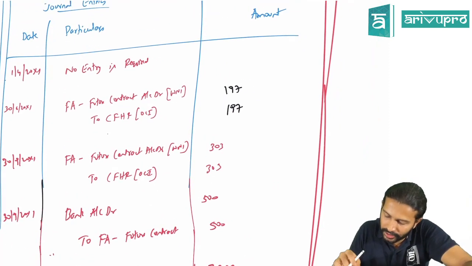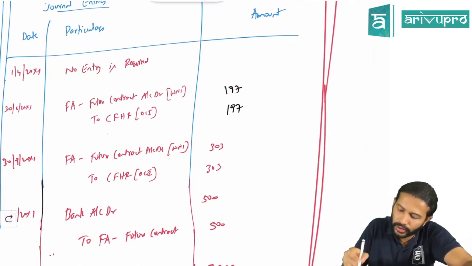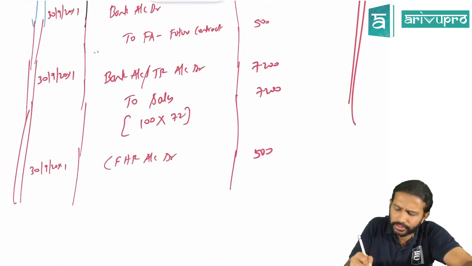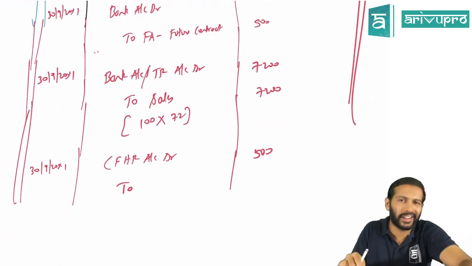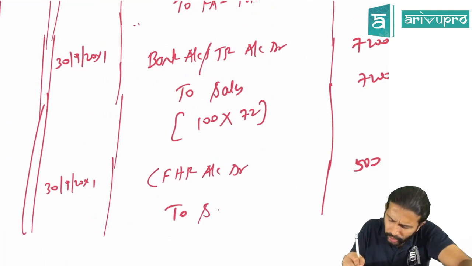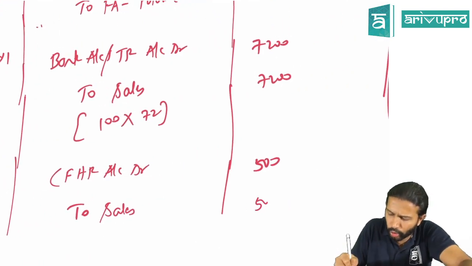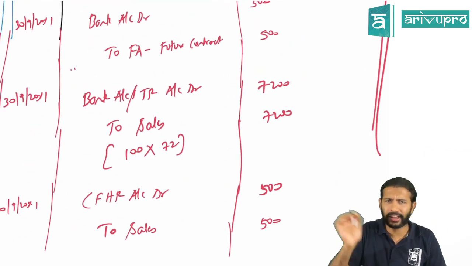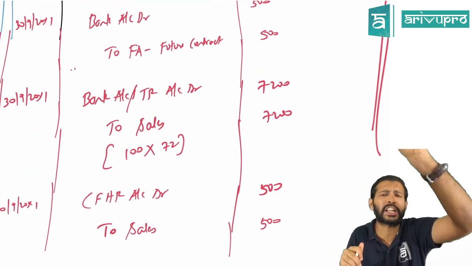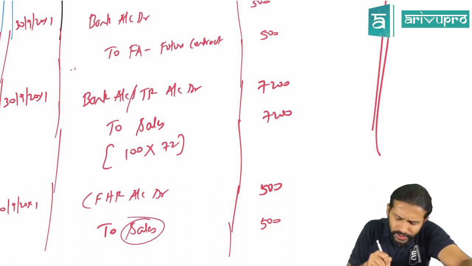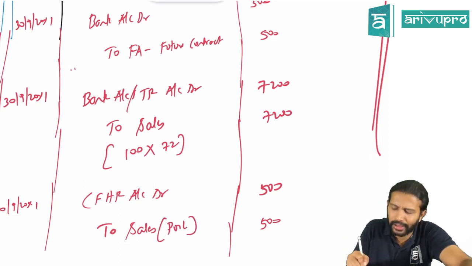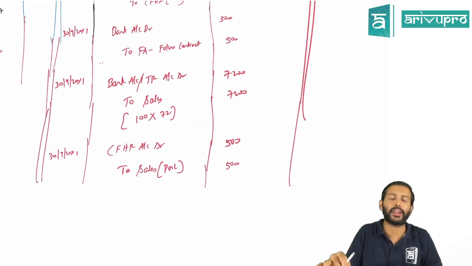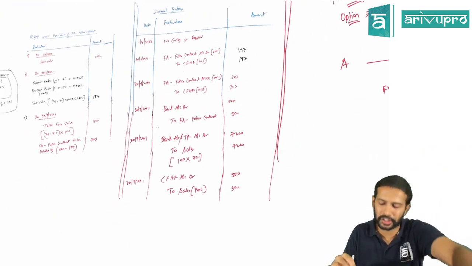So how much balance is there in cash flow hedge reserve? If you add 197 plus 303, you'll get obviously 500. So you will transfer this 500 to your P&L account. Our study material is booking it as sales, because ultimately it should go to P&L, but under what name? The standard does not recommend anything. It says cash flow hedge reserve should be transferred to P&L, so in the name of sales they are transferring it to P&L in this problem. Just to be in sync, I've done this entry. That's the funda of this problem.